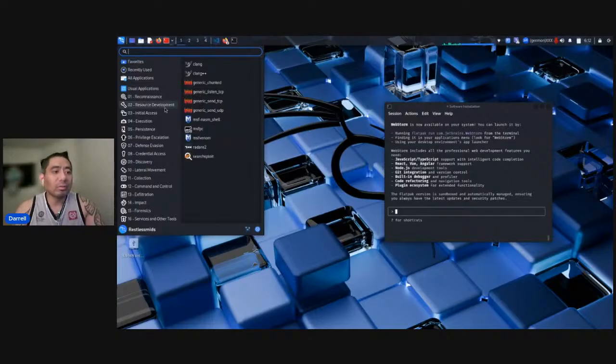You have resource development where you have CLang, CLang++, generic listening TCP, MSF, NASM shell, radar. You have initial access, execution. You have persistence, privilege escalation, defense evasion, credential access, discovery, lateral movement, collection, command and control, exfiltration, impact, forensics, and service and other tools.